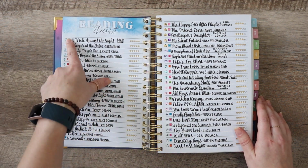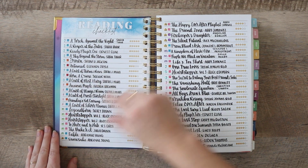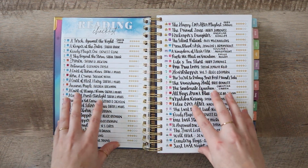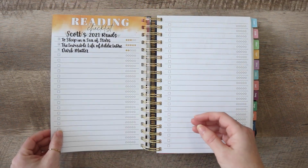And along the sides here, I have the month, highlighted with the color I associate with that month, so I can see which books I read in which month. I really like how I did it, so I think I'm going to do that again in 2022. Obviously, I only used 2 spreads. So for the third one, I actually